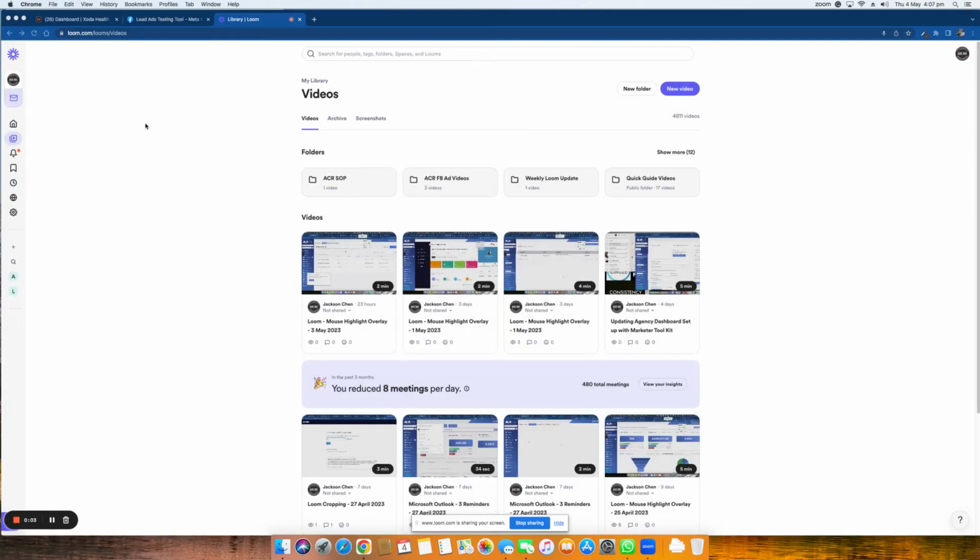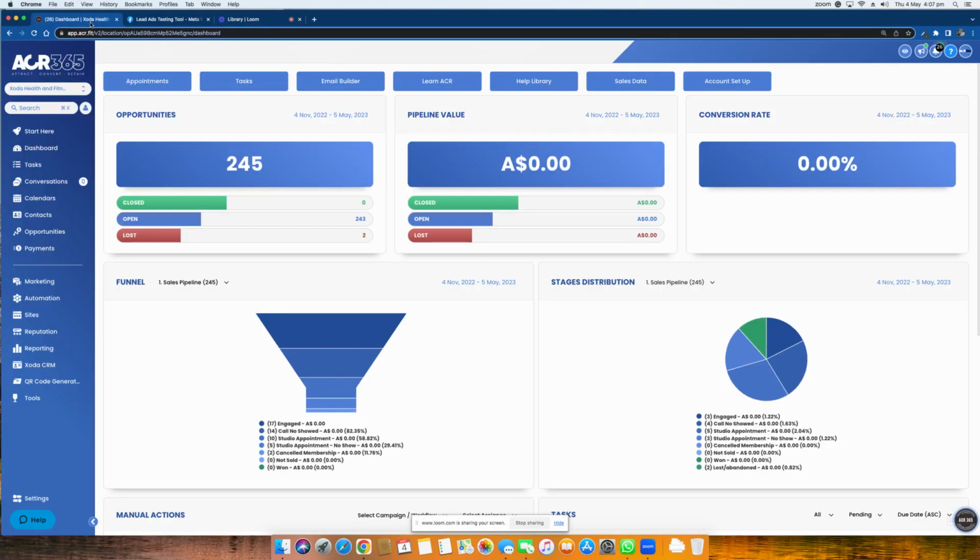I want to do a pop-up training as a way to show any user, your team member, and just to go through some of the very basic things that you need to do in ACR, from getting your leads nurtured, everything from top to bottom and how I use it, and just really making sure to keep the process as simple as possible. So what I want to do is walk you through exactly what